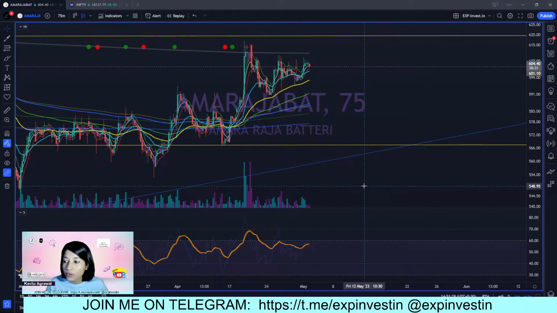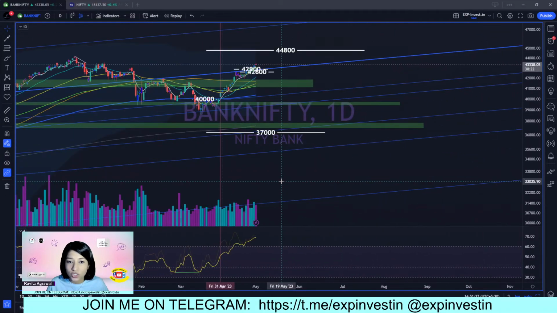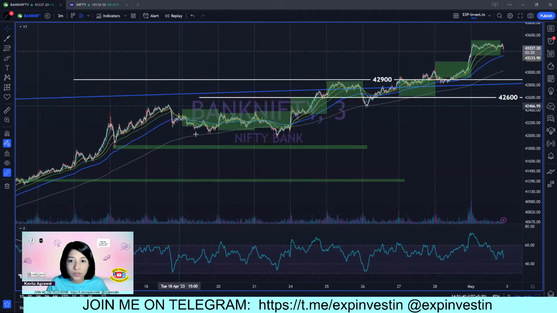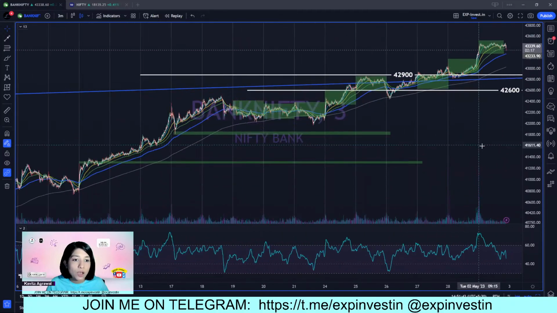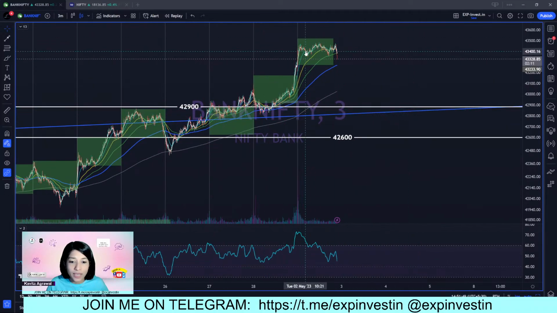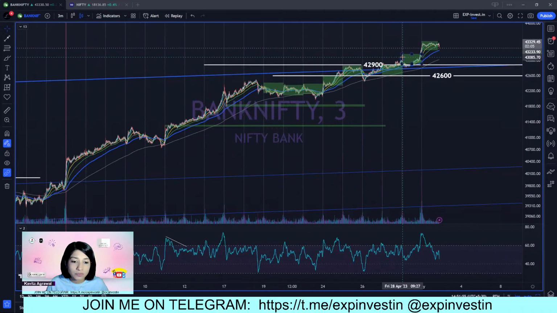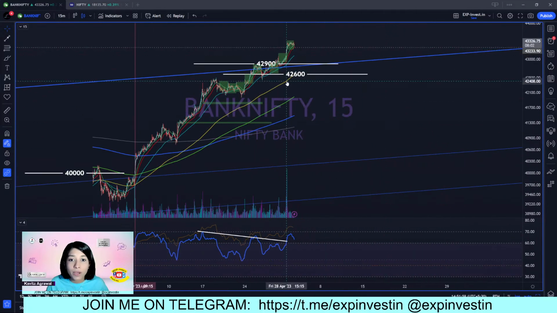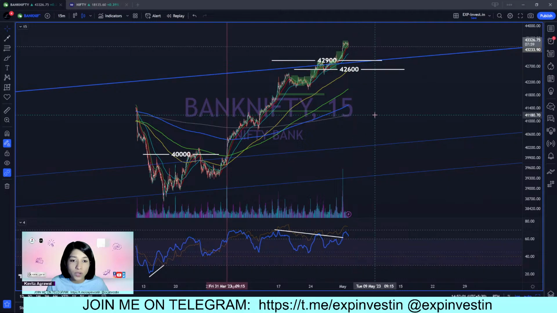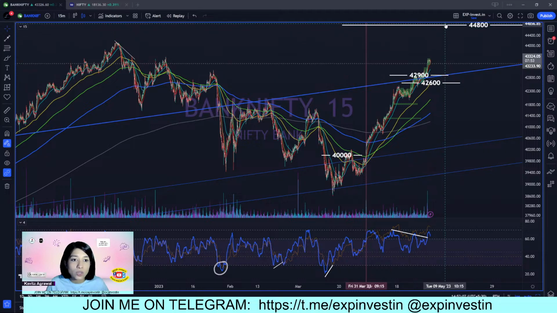Mr. Srinivas Rao is asking for the Bank Nifty position for tomorrow. I'm not sure if I'm skilled enough to give you advice on such a short time frame. Personally, a time frame that short makes me very uncomfortable. But considering how strong the momentum in the market has been over the past many days, honestly, I don't know what it's going to do tomorrow, but I do believe that 42,900 is the support. So if it starts to go down, look out for the support at 42,900. And on the upside, I can see there is strong resistance at the level of 44,800.